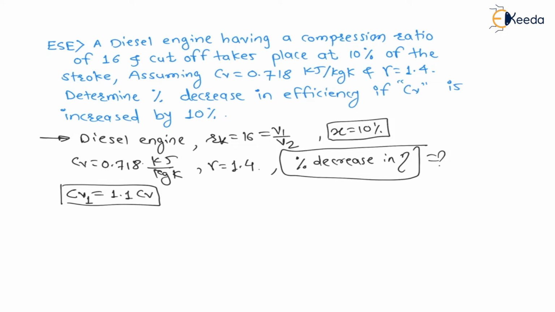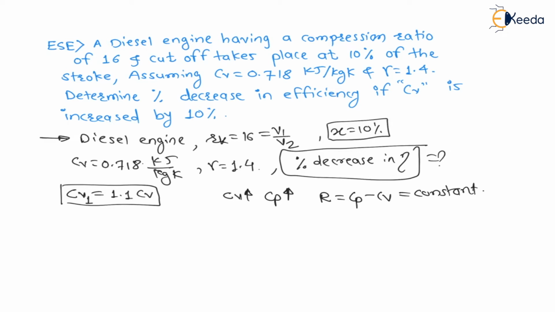If it is increased by 10%, the 100 value will become 110. Therefore 1 will become 1.1 Cv, right? This is the case. Then what will be the percentage change in efficiency or decrease in efficiency? Now my dear students, whenever Cv increases, then Cp also increases. But the difference Cp minus Cv always remains constant. That you might have learned in basic thermodynamics. If not learned, concentrate here, right?